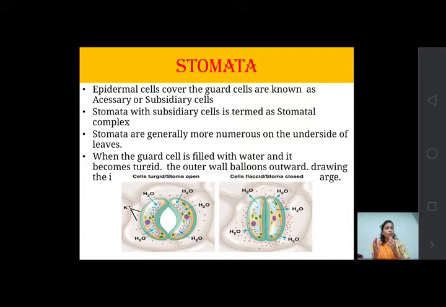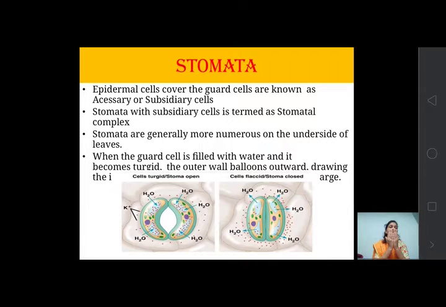That's why the stomata get open. And the opposite is the case when stomata close. When the water present inside the guard cells goes outside, or is removed from the guard cells, the guard cells become flaccid. The outer wall, which was stretched towards the outside, comes back to its normal position, and the outer wall and the inner wall again get close to each other.